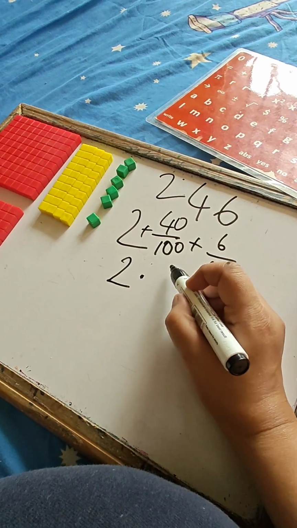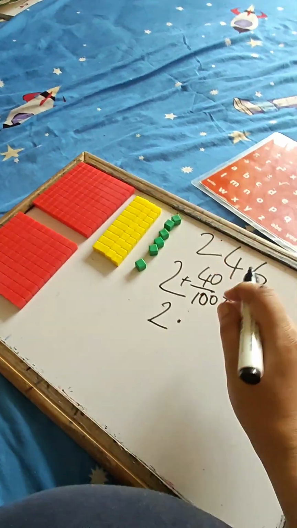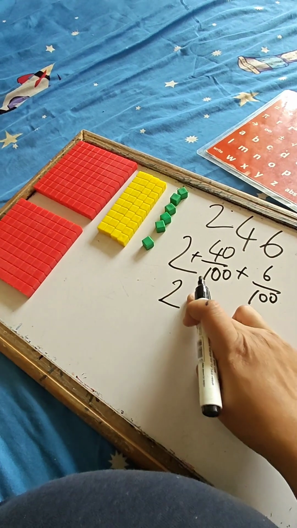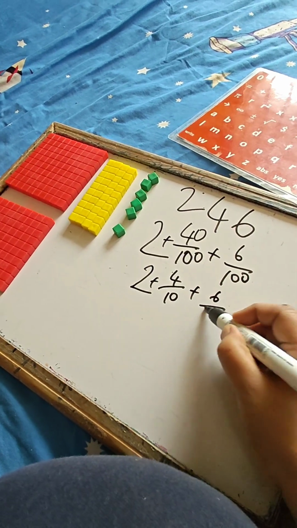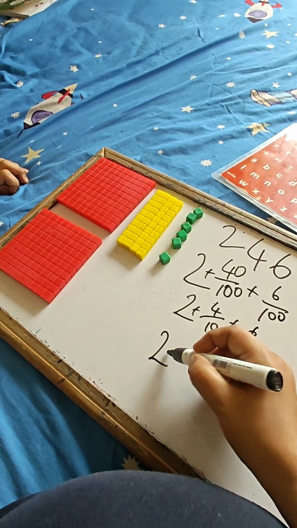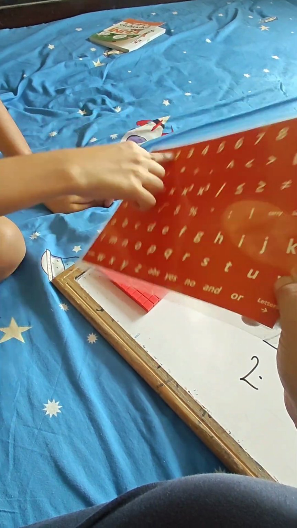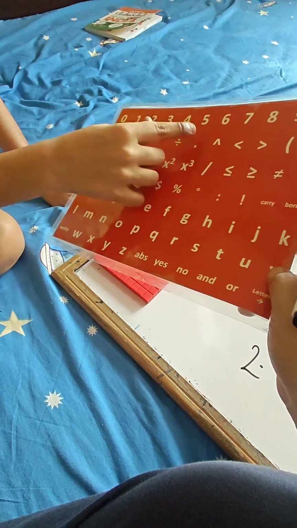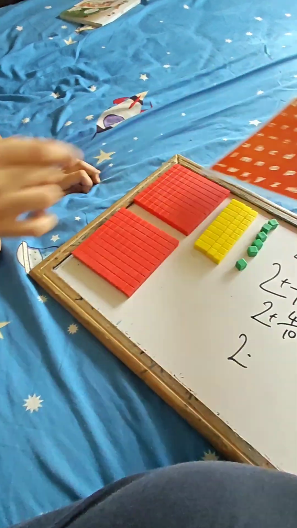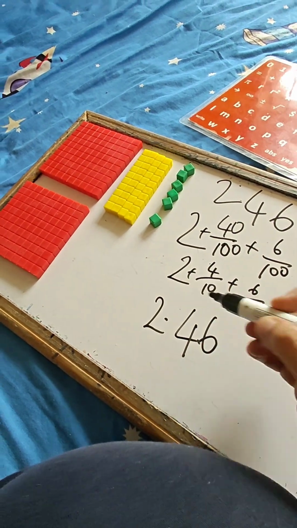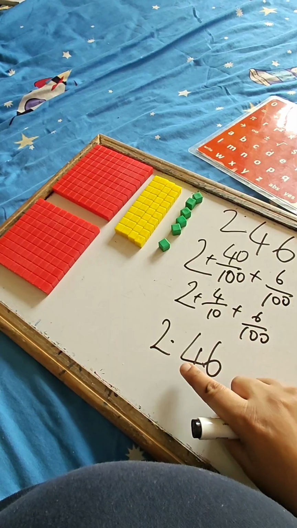If we have to write it as decimal, it will be, see Sriram, this can also be written as 4 by 10 plus 6 by 100. Yeah, so 2.46, there you got it, 2.46, which tells us that 2 means 2 full units,